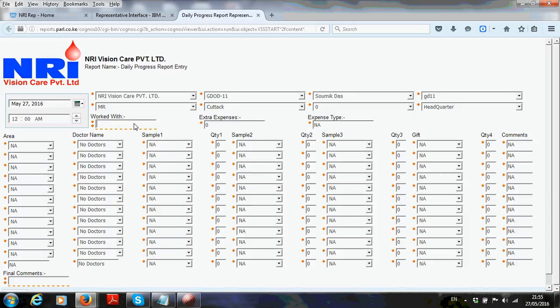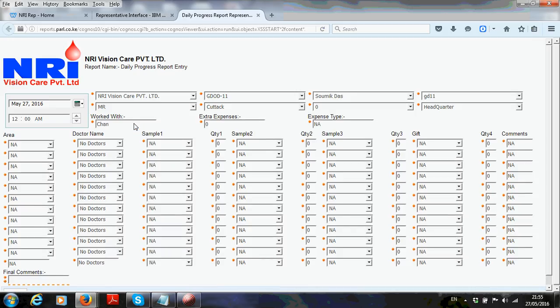For instance, I have worked with Chandan Mukherjee plus A. Das. So you can make as many entries as the people you have worked with.